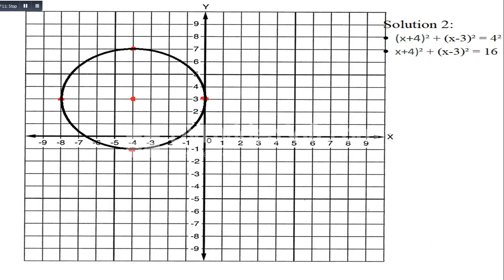For the third practice problem, solution 3 is (x minus 3) squared plus (y minus 3) squared equals 3 squared. The result of that is 9. In order to graph your circle, you will go up 3 points from your center,